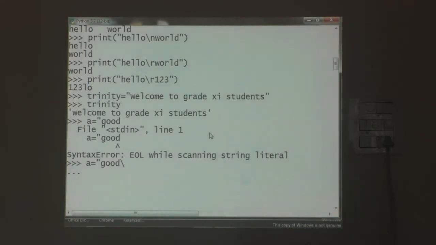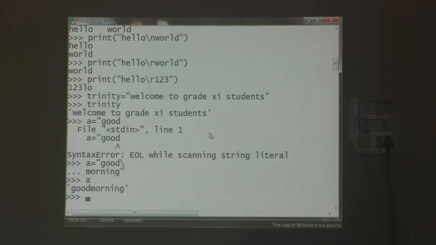Next. Good morning. This is the end of the string. It reaches the end of the string. When we are reaching the end of the string, definitely we should use the closed double quotes. Okay, so what will happen? See, good morning. Okay, whatever it may be, the strings are here.